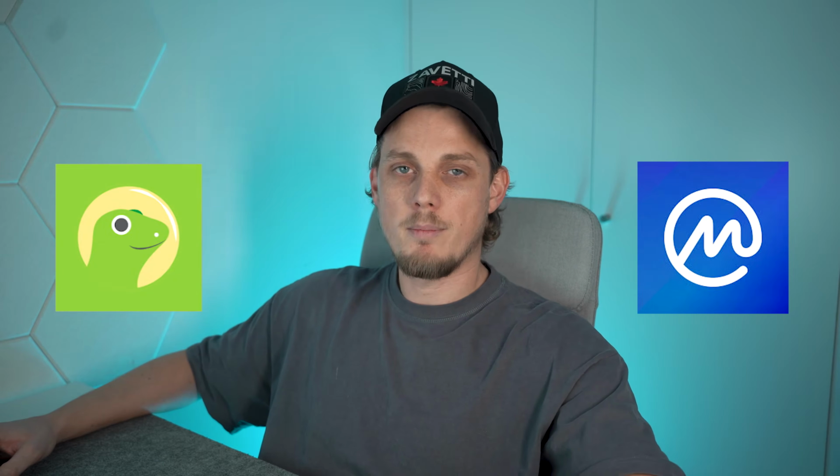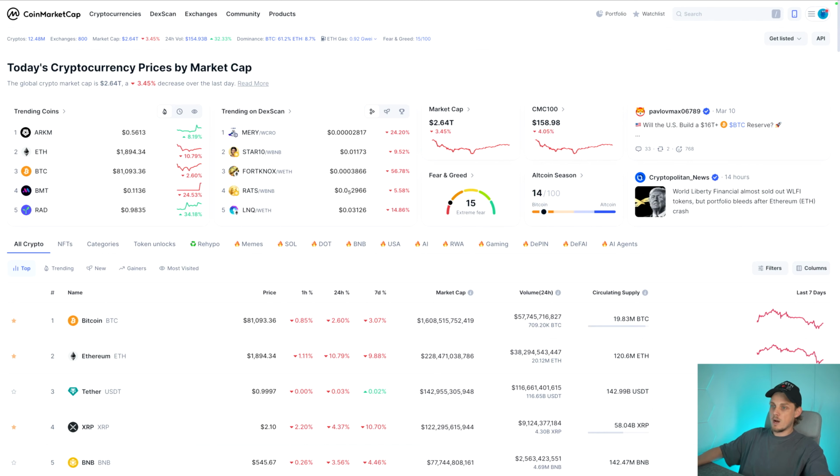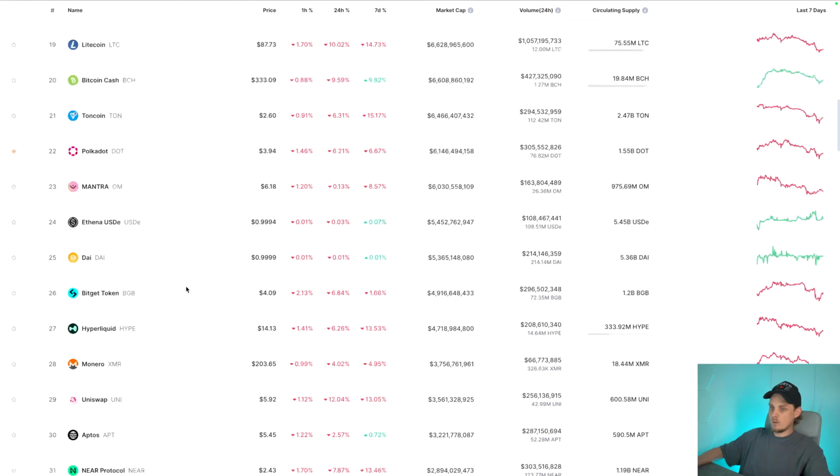When it comes to buying a coin, you want to do your research. Don't just buy a random coin you've seen on a tweet. So you want to go onto sites like CoinGecko or CoinMarketCap. This is CoinMarketCap. Here you have basically the list of all of the coins that are available to buy and